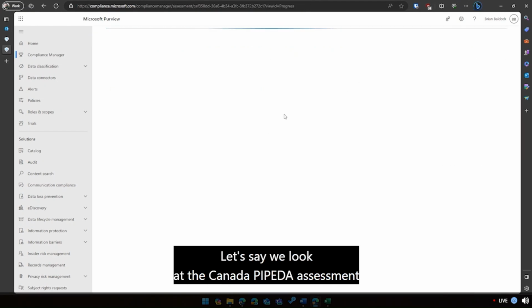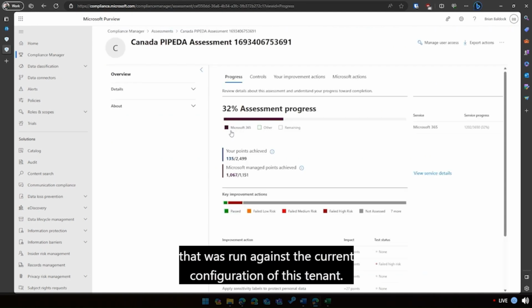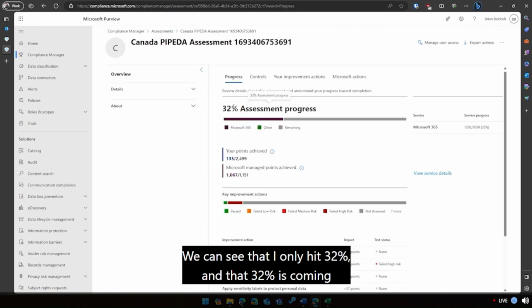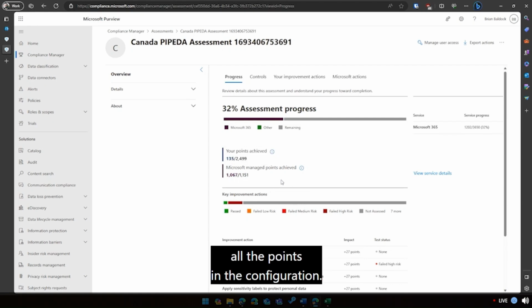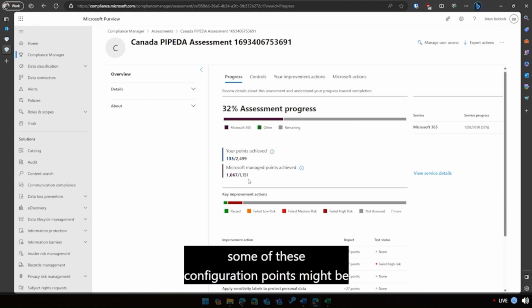Let's say we look at the Canada PIPEDA assessment that was run against the current configuration of this tenant. We can see that I only hit 32%, and that 32% is coming from Microsoft because Microsoft has already achieved pretty much all the points in the configuration. Though again, some of these configuration points might be shared responsibility, where Microsoft does a part of the configuration, but I have to go as the admin and finalize that configuration myself